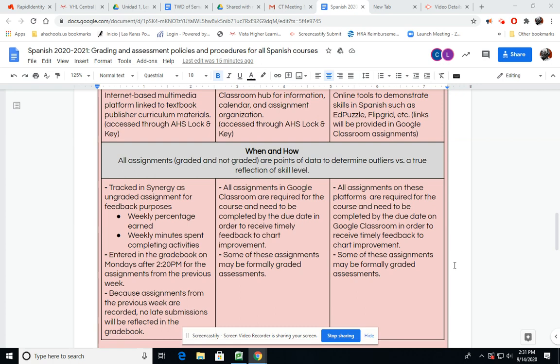But like if your Vista is showing, because it's practice, right? You're practicing and you're not going to practice perfectly. So let's say that your score in Vista is like 82%. That doesn't mean that I'm going to be giving you a B minus in the class or something like that. So be aware of that also. It's what I transfer into the regular gradebook via Lock and Key.